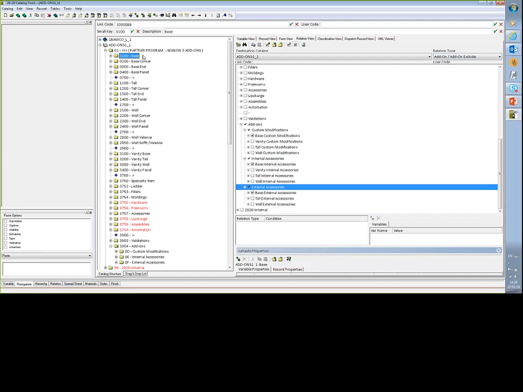On the base level, you select base custom modification, base internal accessories, base external accessories. Same thing for the tall. Select tall custom, tall internal accessories, tall external, same thing for the wall, the vanity, and so on. And then